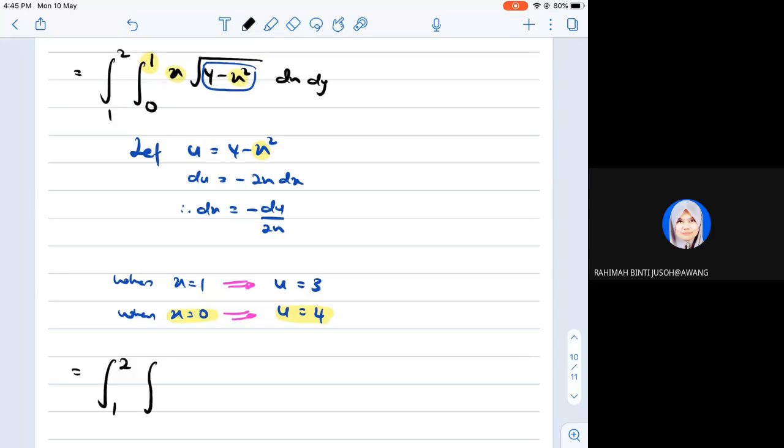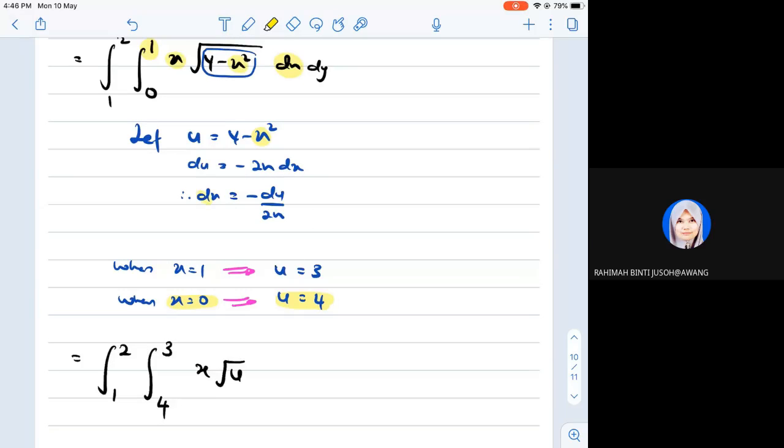So dekat bawah, make sure position dia betul. Dekat x equals to 0 tu, dia jadi 4. Dekat atas dia jadi x equals to 1, dia jadi 3. Macam tu. And then x tetap x lah. Copy je balik. And then square root u, sebab kita dah gantikan u dengan kat dalam tu kan. So dx